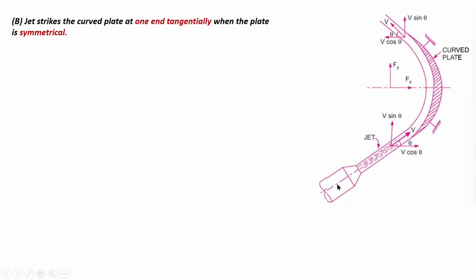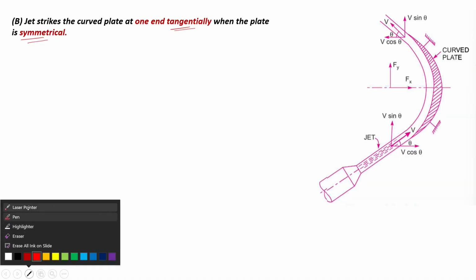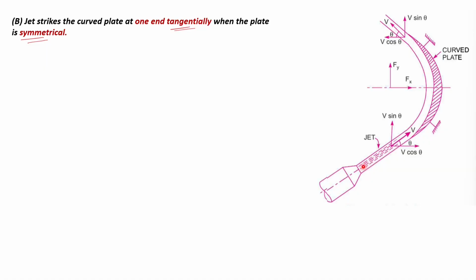Now it is the second case, when the jet strikes the curved plate at one end tangentially. Here, at one end it is striking tangentially when the plate is symmetrical, and the other case will be when the plate is asymmetrical, right? So from here you can see that as the jet is striking a symmetrical curved plate, the angle will be equal in the tangential lines. You can see this is also theta,